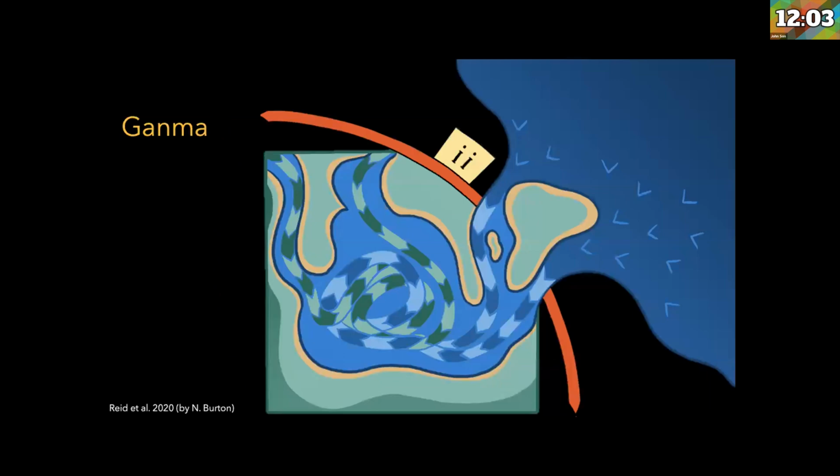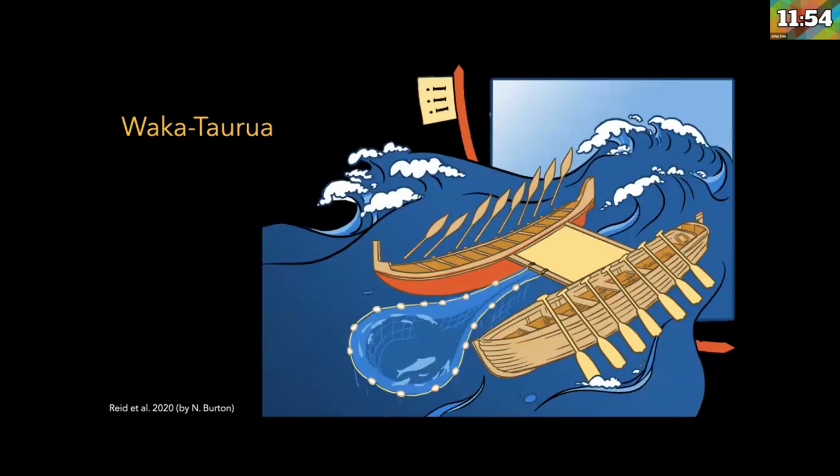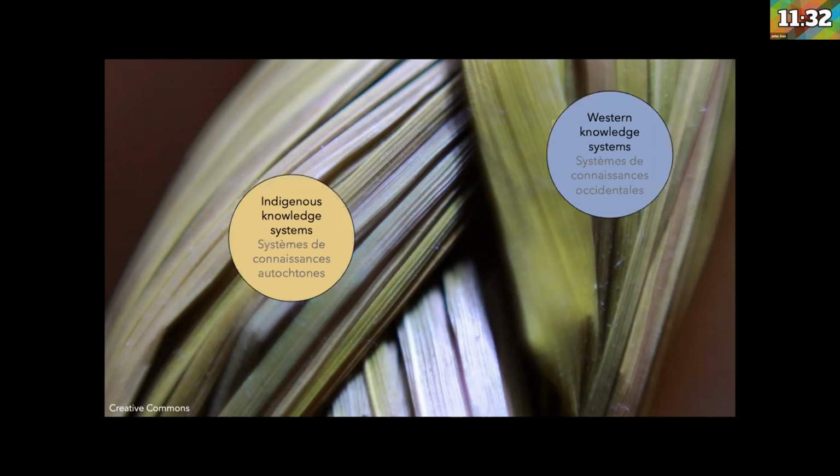In Northeast Arnhem Land, the Yolngu people have the Ganma concept, where fresh and salt water meet in a lagoon or estuary, but remain separate like isohalines. And the Maori have the Wakaturua, or double canoe concept, that works in nearly precisely the same way, working together when needed, but still remaining whole and separate in the process. And there are further metaphorical concepts that bring in a third dimension, for instance, braiding sweetgrass, where two strands representing distinct knowledge systems are held together by a third strand made to represent working together in a good way. And this has been made well known by Robin Wall Kimmerer's book by the same name,